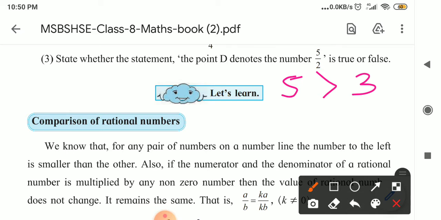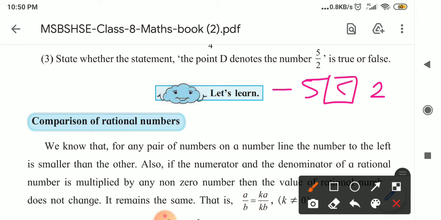So for that, if minus 5 and minus 3 are there, which number is greater? You know that you have also studied this in the previous classes. The smaller the negative number, the greater is the value, and the bigger the number, the smaller its value. With this, one more example: if one number is negative and another is positive, then which number is greater? Yes, the positive number is always greater than the negative one.